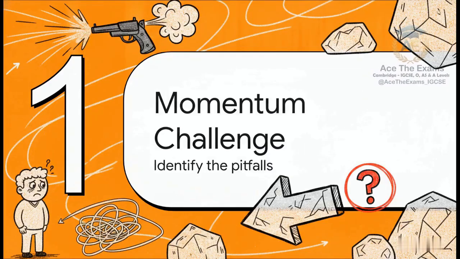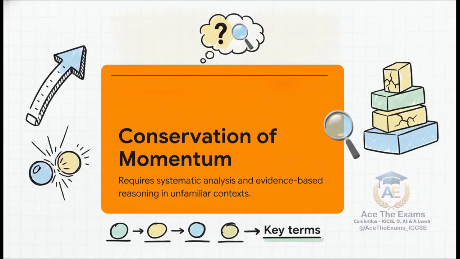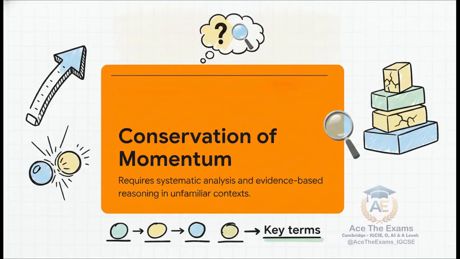Section 1, the momentum challenge, identifying the pitfalls so you don't fall into them. Conservation of linear momentum in direct impact requires systematic analysis and evidence-based reasoning in completely unfamiliar contexts. A critical examiner alert right here. Candidates consistently confuse key terminology in this area. It is vital to clearly define your terms before using them, otherwise your entire mathematical argument collapses like a house